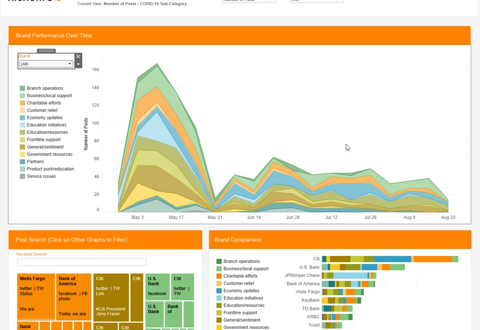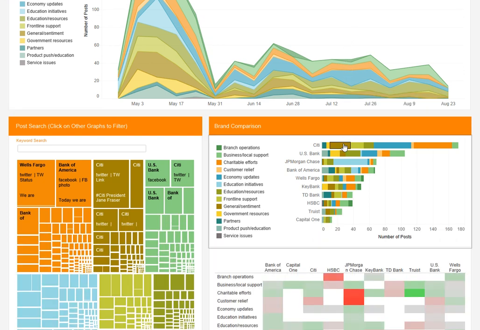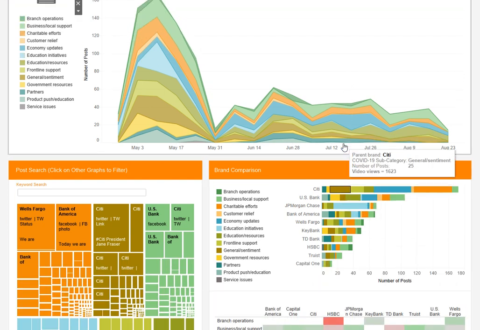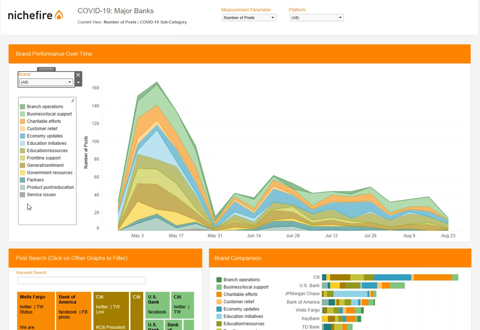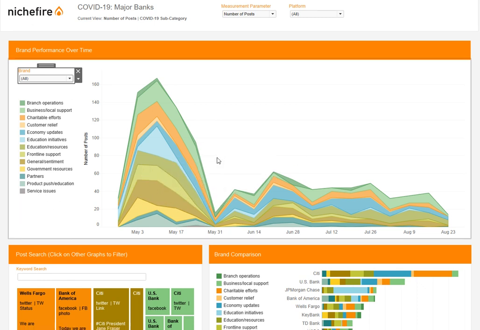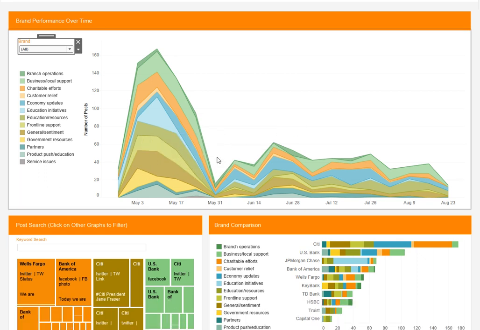So what you're seeing in this visualization is the output of two separate machine learning models using transformer natural language processing and similarity. We first identify whether or not a topic has a relationship to COVID-19, and then we break it down based on subcategories and how they're related to one another, which are represented in this legend here. So like branch operations during the pandemic, small business and local support, those sort of topics that are all pertinent to banking. So these methods are incredibly effective for building classifiers.